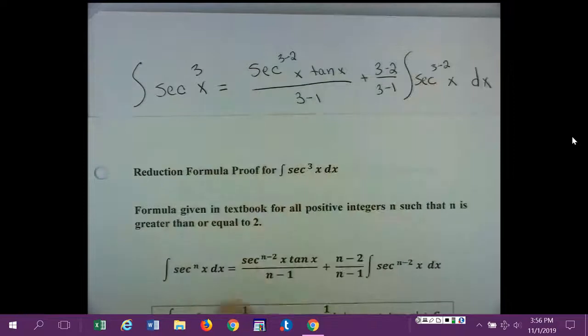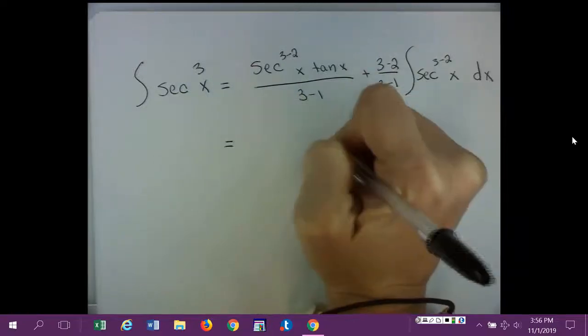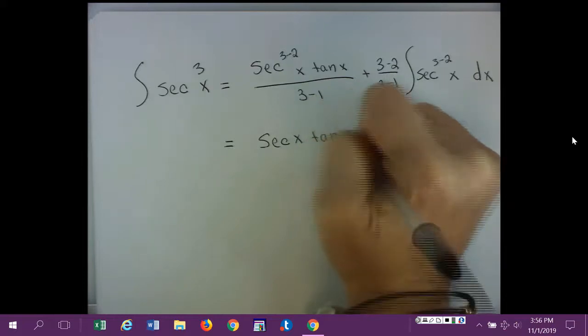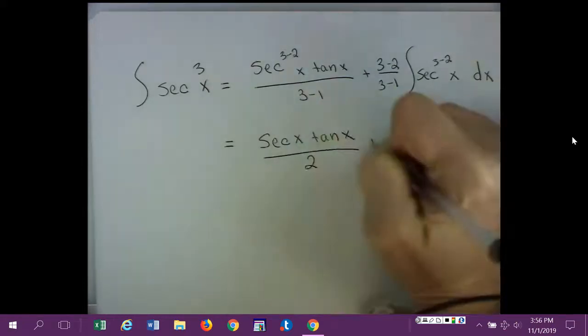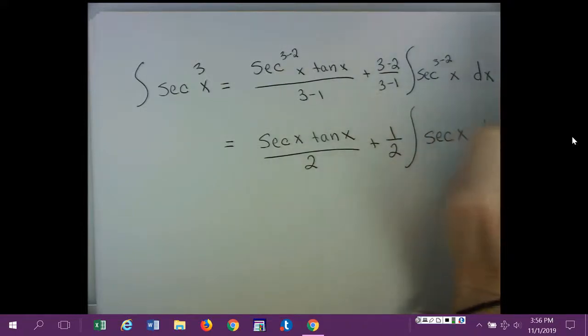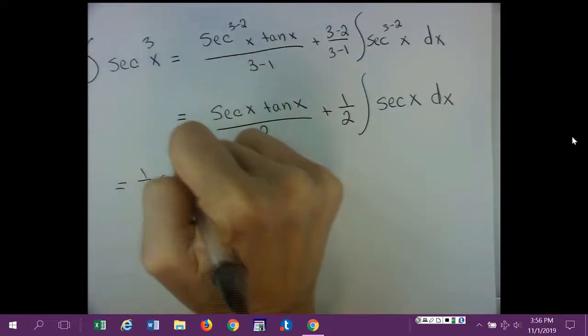Okay, so plugging into the formula for secant cubed, we have secant raised to the 3 minus 2 power times tangent divided by 3 minus 1, plus 3 minus 2 over 3 minus 1 times the antiderivative of secant raised to the power of 3 minus 2. Okay, so I'll remove that. And this is going to become secant x to the first power times tangent x divided by 2, plus 1 divided by 2 times the antiderivative of just secant x with respect to x. So this is 1/2 secant x tangent x